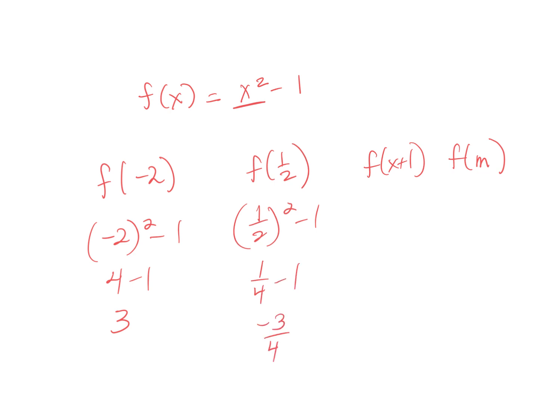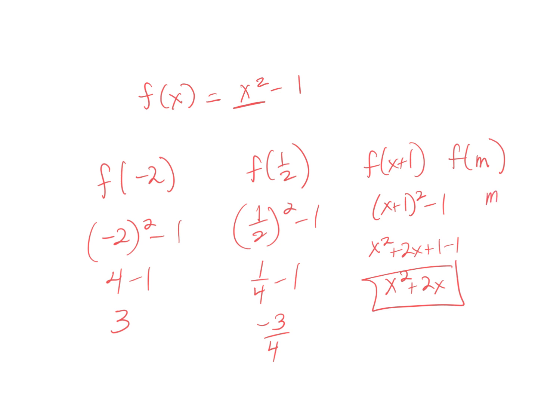F of x plus 1, wherever I see an x, I'm going to put an x plus 1. Right? So if I FOIL that out and collect like terms, I'd get x squared plus 2x. So that's how that one works. F of m, wherever I see an x, I'm going to put an m. So this would just be m squared minus 1. Okay. So that is how you can simplify those